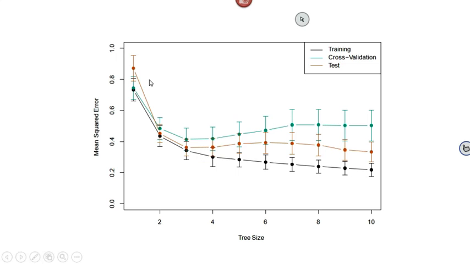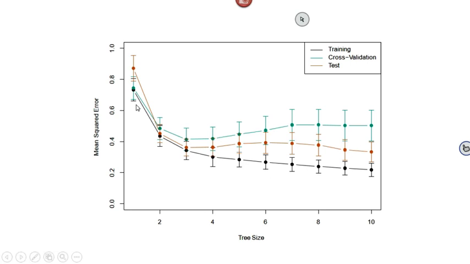So with tree size 1, we just take the mean of everything, and that's going to be your predicted value. So what are the training, testing, and validation errors with tree size 2, 3, 4, and so on.